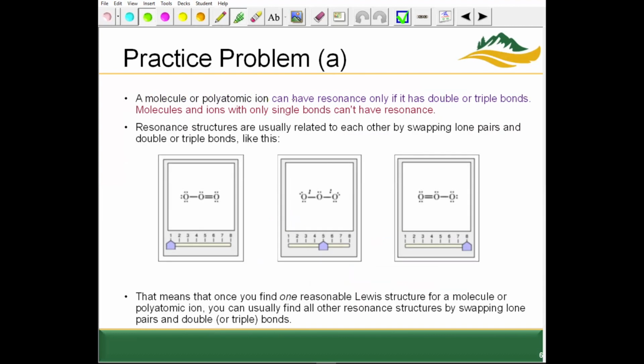And so this important consideration I mentioned, a molecule or polyatomic ion can have resonance only if it has double or triple bonds. Molecules and ions with only single bonds cannot have resonance structures. So the way we think about